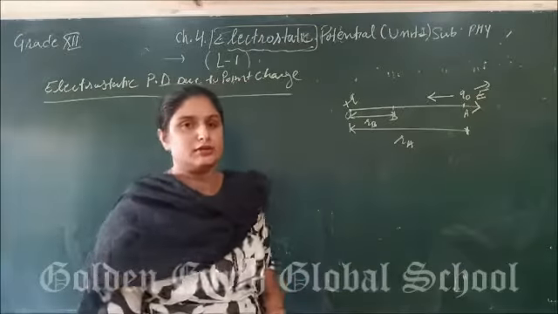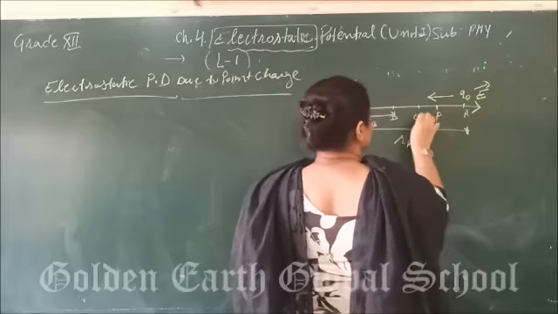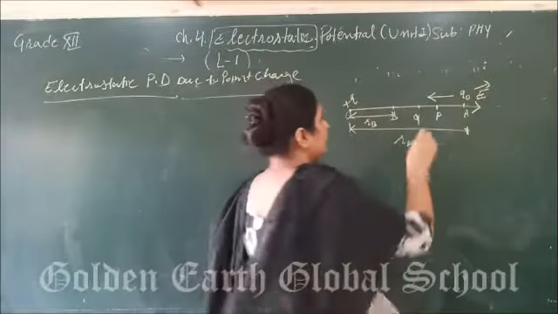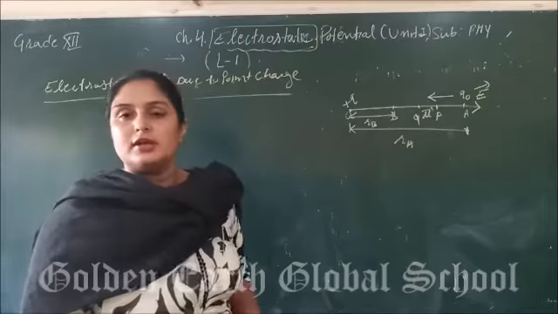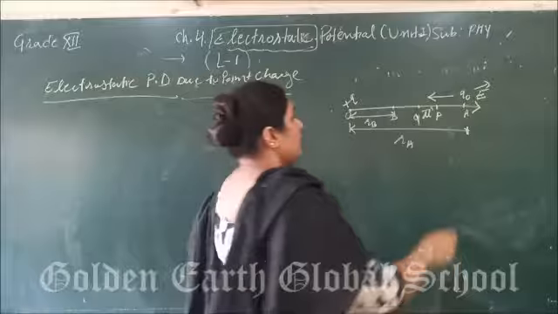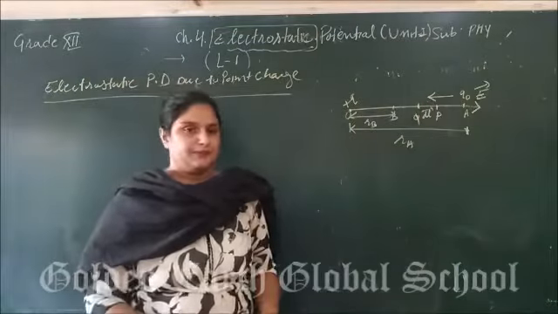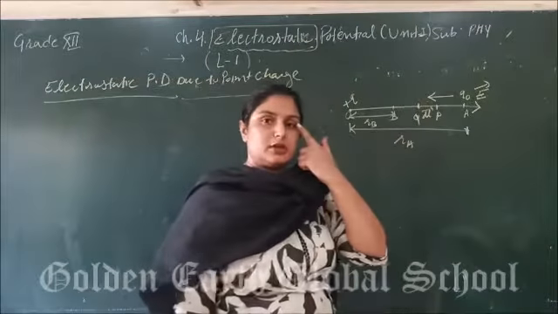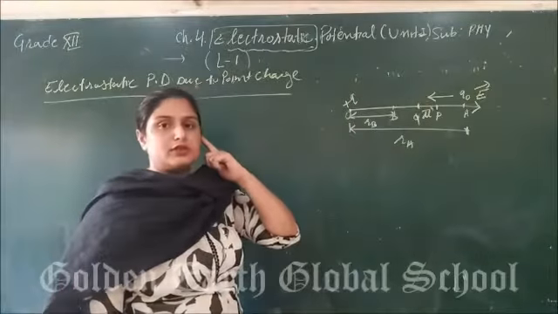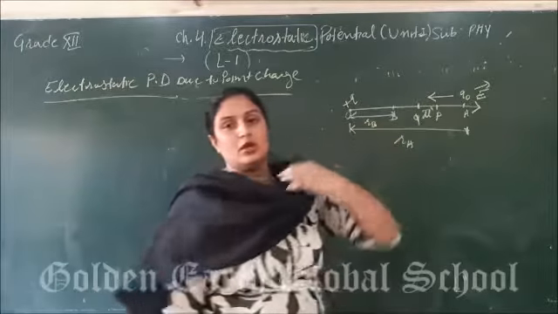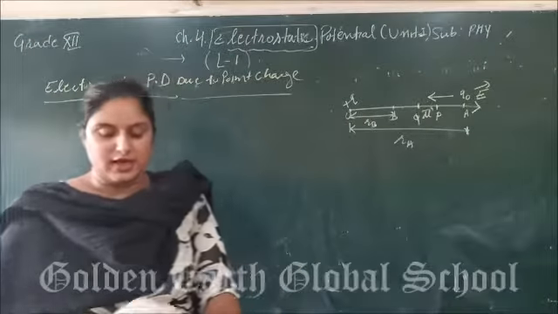To calculate the total work done, firstly we are going to consider the elementary portion, that is PQ, having the elementary length, that is dl, opposite to the direction of the applied electric field. Now from point P to Q, we have to calculate the small work done. To calculate the small work done from point P to Q, we are going to apply the same method as we have done in the previous article.